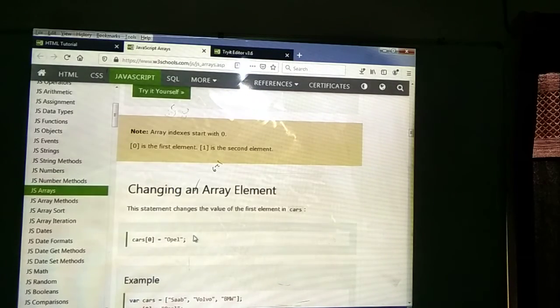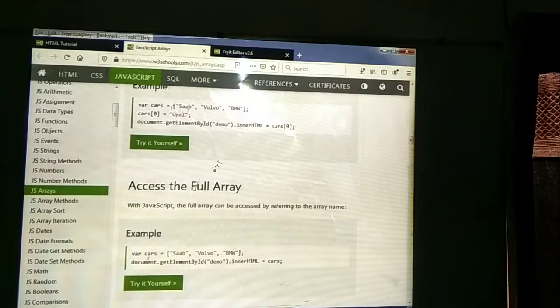How to change? Already we have some element there. Instead of using that element, we need to replace that one also. How to replace? Directly we need to use the cars array name. Then which position are we going to be changing? We need to specify it within the brackets. We need to give the new element. This is the way of changing the element.